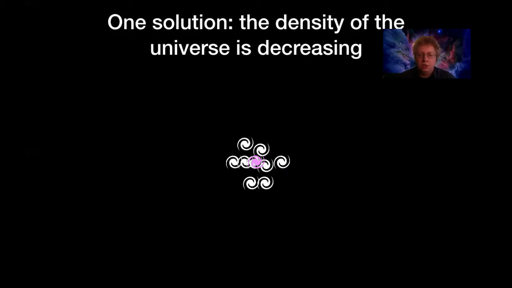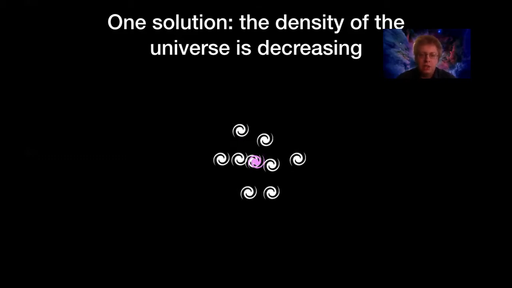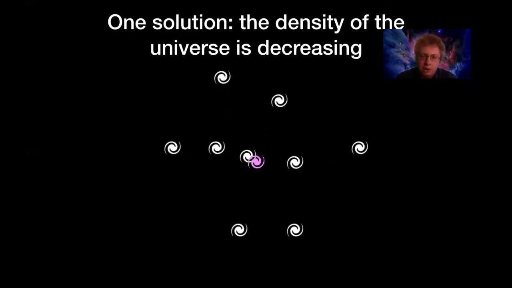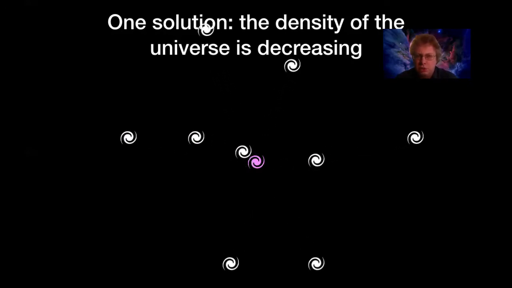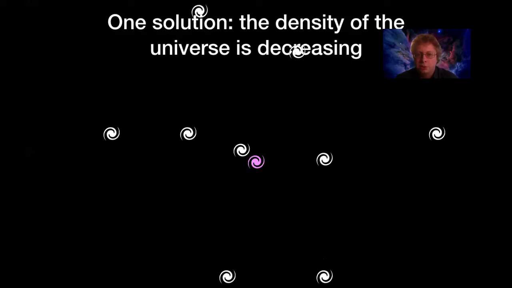So I'll show you this again. Keep an eye on this galaxy that's right next to the purple galaxy, which we assume to be our Milky Way, which is going to stay stationary, the closest one to the left here. And keep an eye on where it moves and how quickly it gets there. It's moving much slower than these others that started off a little bit further away. And that's just the consequence of how this expansion is taking place. Everything's getting puffed up as if it's on the surface of the balloon.